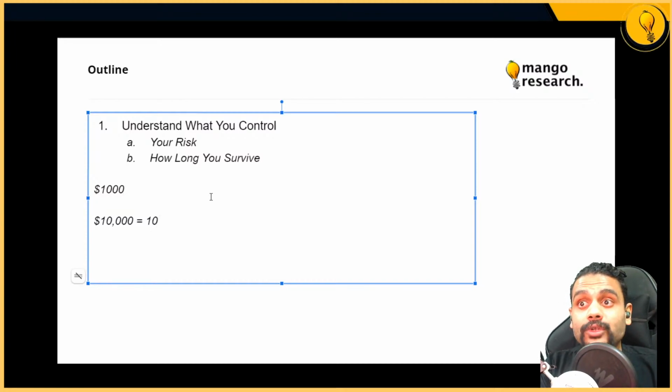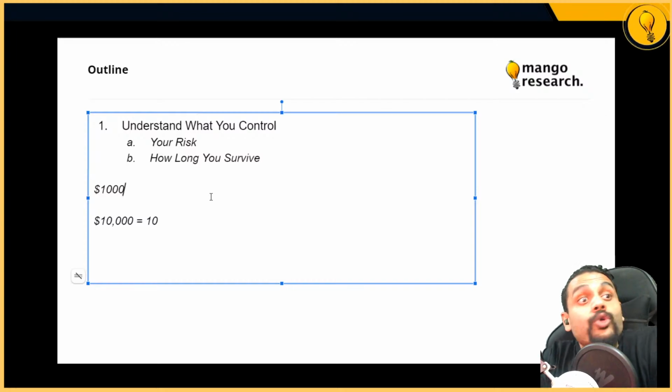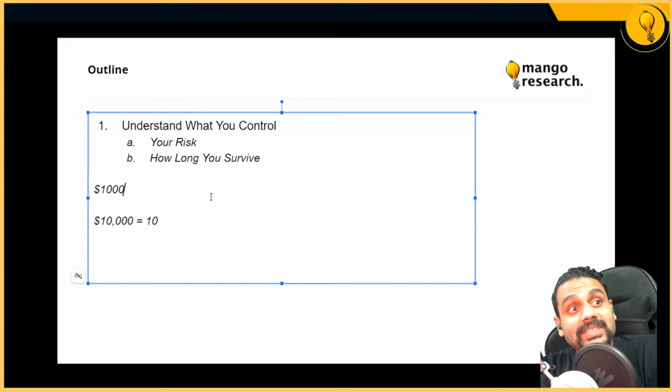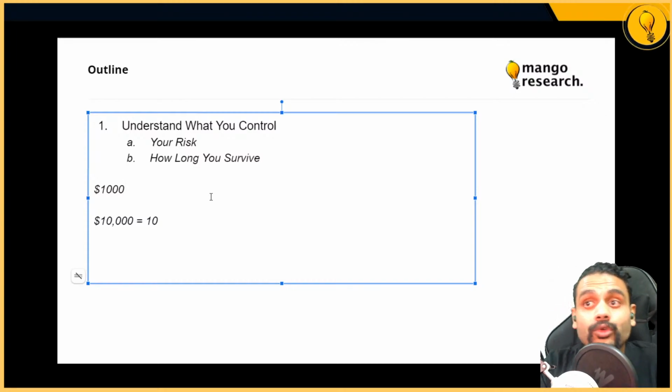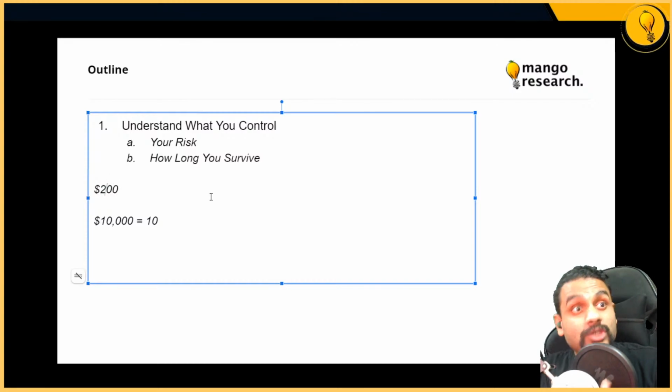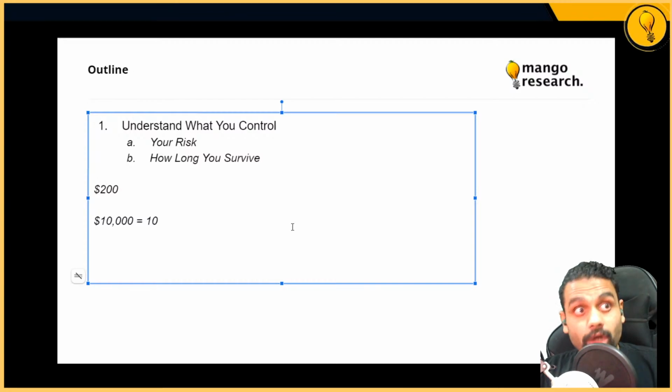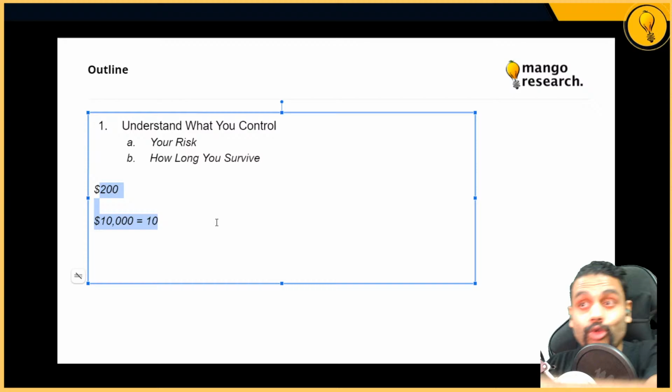Okay, so then you need to be like, okay, I cannot lose $1,000. No matter how greedy I want to be on this trade, I cannot lose $1,000 because all I have is $10,000. So then you have to reduce it to perhaps $100 or perhaps $200, right? Something that allows you to survive long enough in the market to see your strategy through, because you will not win every single trade, and you don't know that. If you do start trading right now, you may start off with a losing streak. It could happen, right? And that may honestly be the best thing that could happen to a trader, as long as you control your risk.